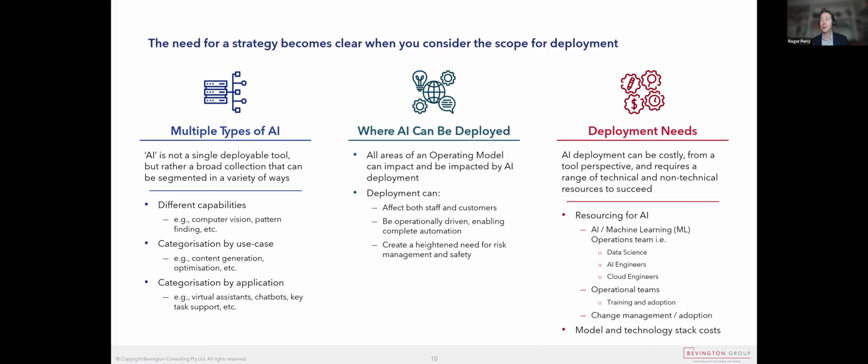So there are different types of AI, and I'll deep dive a little bit further into that in a few minutes' time. AI can be also deployed in many different places. Any part of the operating model that we've just gone through can deploy AI. And we've gone through this in previous presentations where we've actually taken the entire operating model and produced examples of existing AI models that can have an impact in that part of the operating model. So it could be process, it could be policy, it could be governance, it could be metrics, it could be system, it could be role design, it could be ways of working. All of those things and many more can be affected by AI. So lots of different types, lots of places it can be deployed.